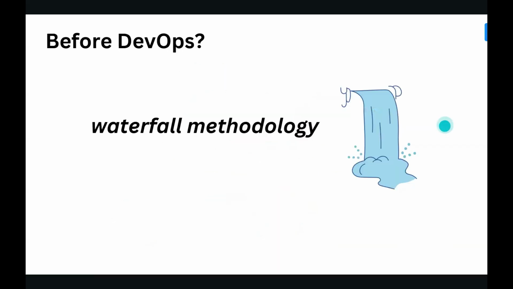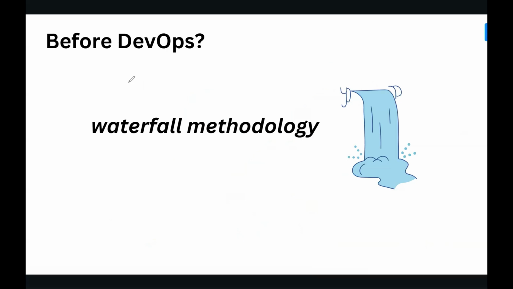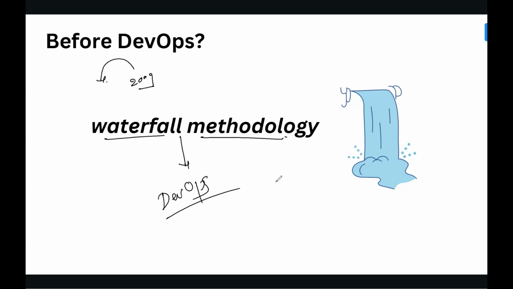Then next, after this, what are we having? We are having the before DevOps. DevOps came in the year 2009. In which year? 2009. Before 2009, if you wanted to create any application or any software, what type of methodology were they going to use? They used the waterfall methodology. So as we are moving from the waterfall model to the DevOps model,